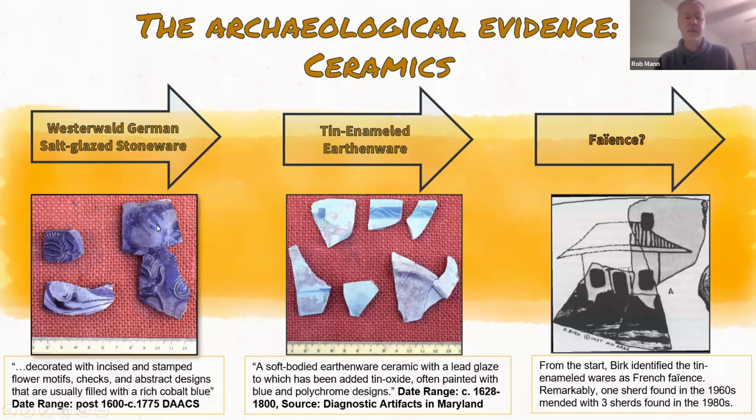So he identified these as being Westerwald German salt glaze stoneware, which is decorated with incised and stamped flower motifs, checks, and abstract designs that are usually filled with a very rich cobalt blue decoration. And so these pieces are absolutely that, right? They meet that